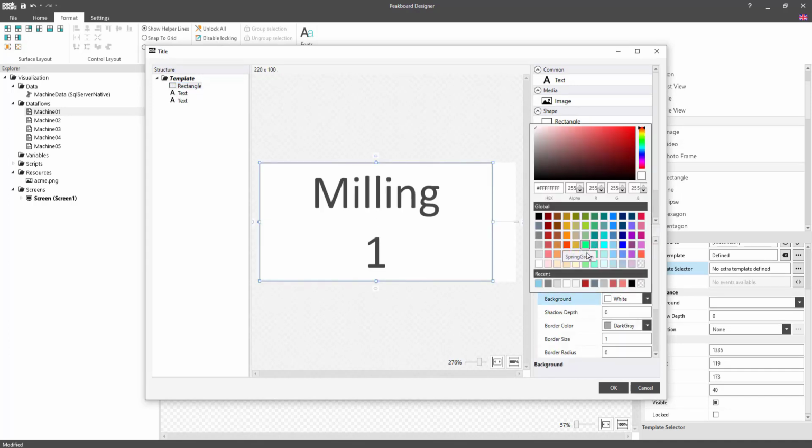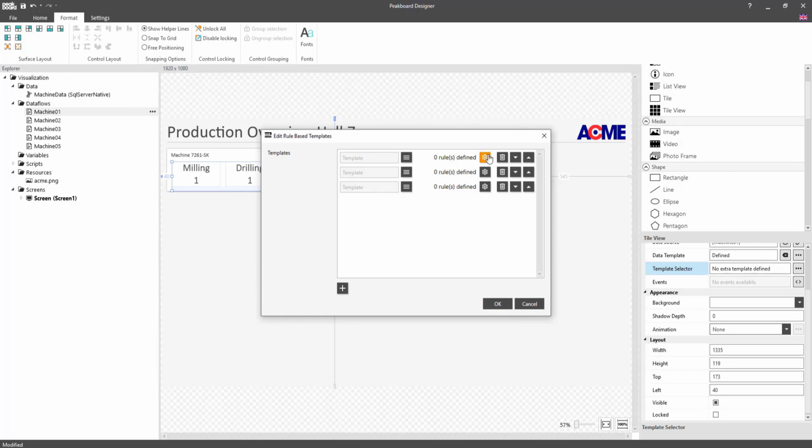Via the gear icon, we can determine when a template should be used. For that, we'll click on the first template's gear icon. Here, we'll indicate that when the column completed is equal to 0, the template should be used. We verify that by clicking OK, and then we go on to open the settings for the second template with